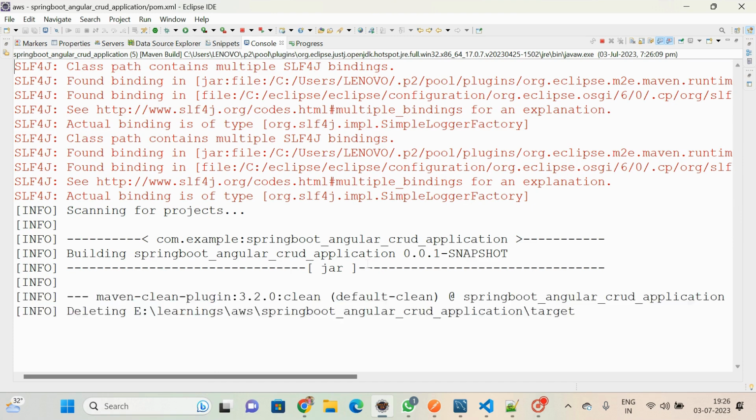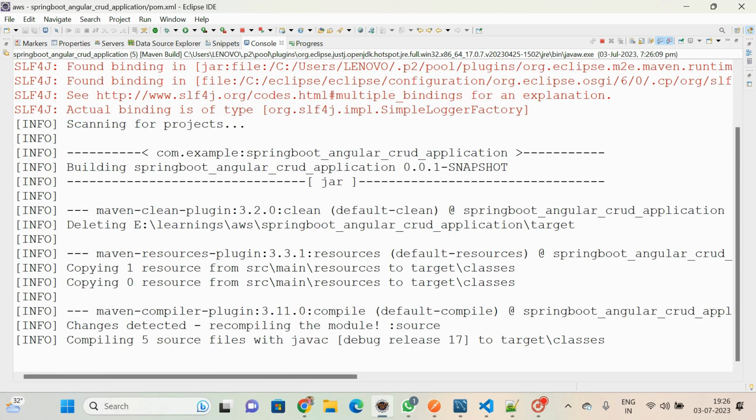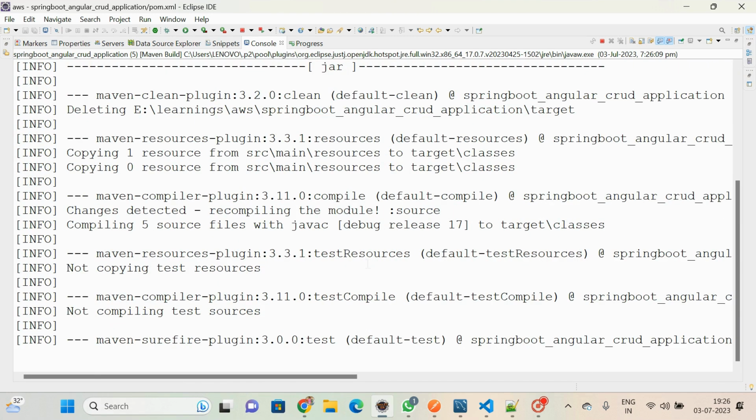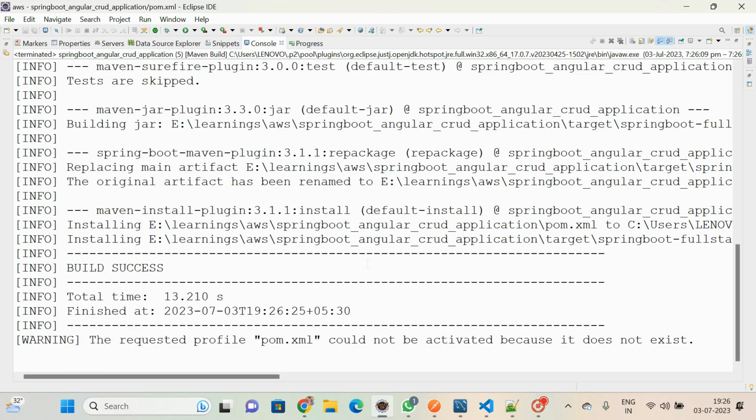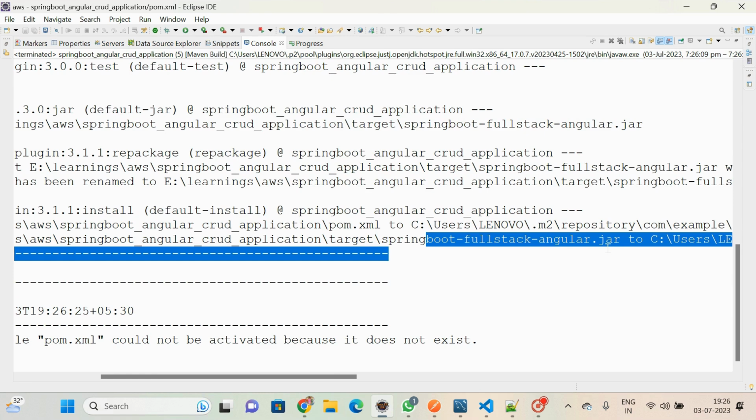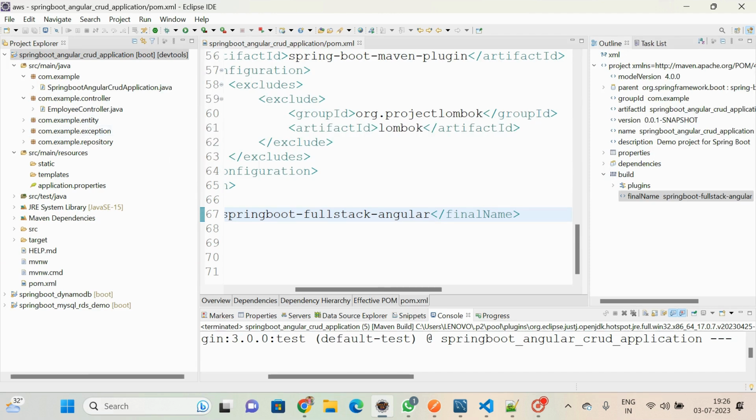Finally we need a jar, and that jar file we are going to deploy in EBS, I mean Elastic Beanstalk, while creating it. Of course, our next step is to create the Elastic Beanstalk. Alright, you see the Spring Boot full stack Angular jar is getting created, right? So now what I have to do is